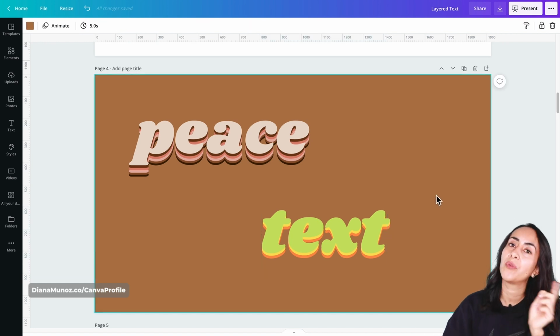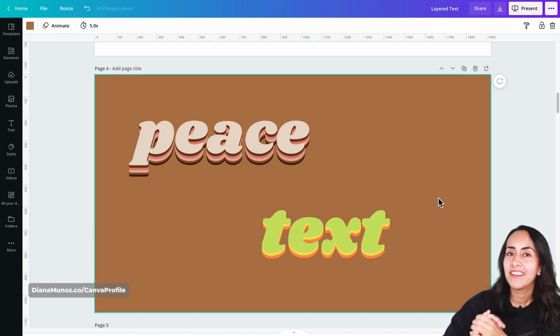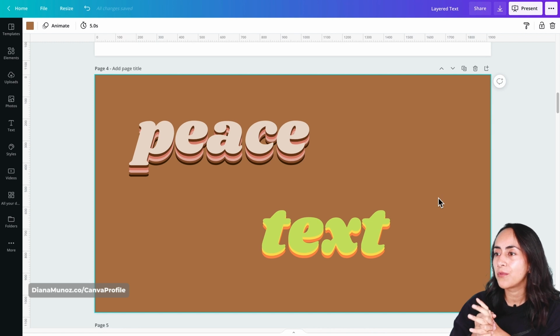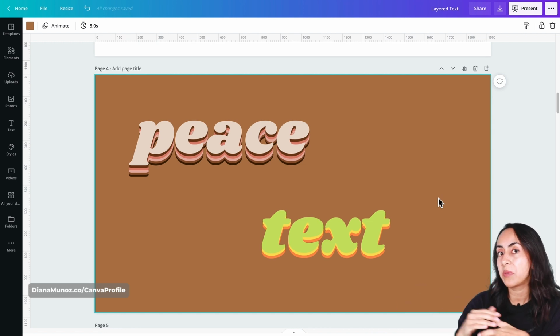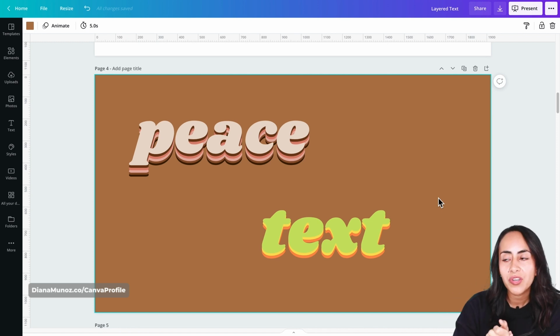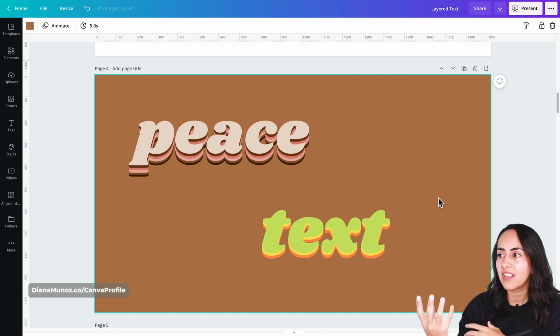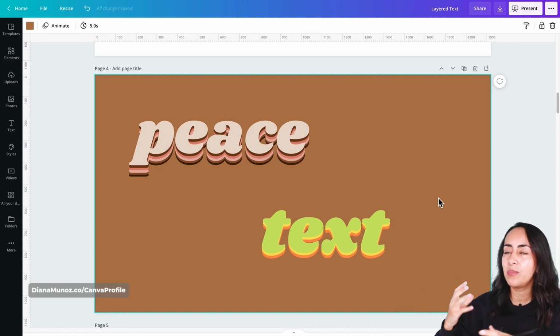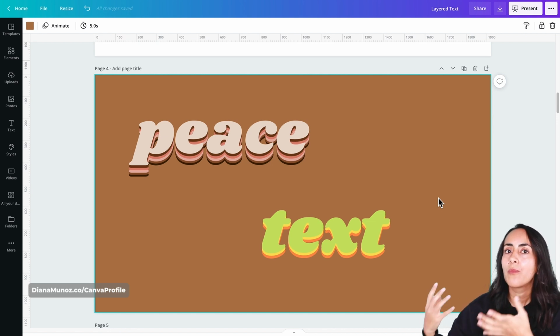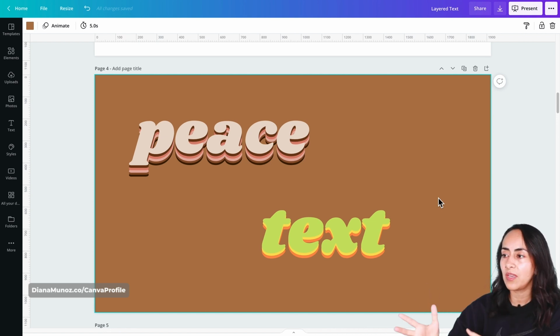And then I want to show you another trick here for you to have really cool color palettes in your text effects, because sometimes it might be difficult to know which colors to use. You are going to be working with 5 to 6 layers for this effect to look nice. So it could be tricky to actually come up with a nice color palette that makes this effect look even nicer.